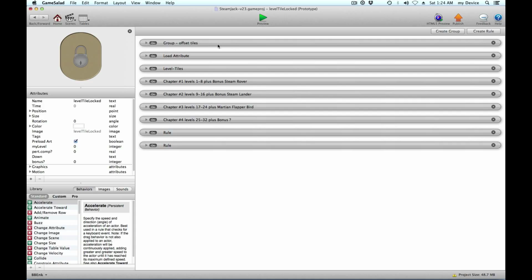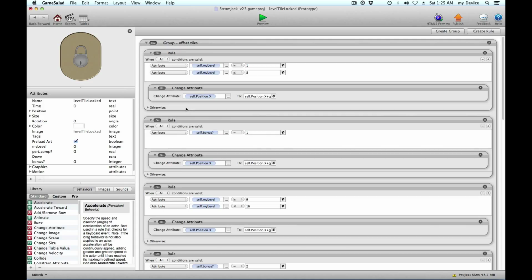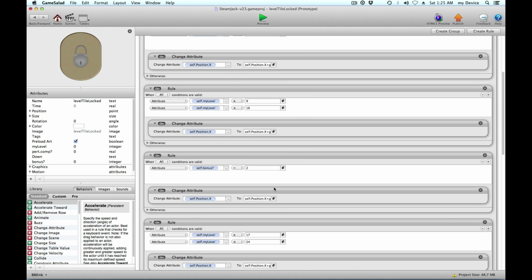So in here I have the offset tiles, because I had to make sure everything offset properly. You can see for the beginning, I just offset divided by 2, which was really easy. But on some of them I need to use 1.5 times 1.5. That was to get it centered correctly. And as I went down, it went to 1.5 there, it's 2.5, and then 3.5 for the fourth one. It's a little bit of work,